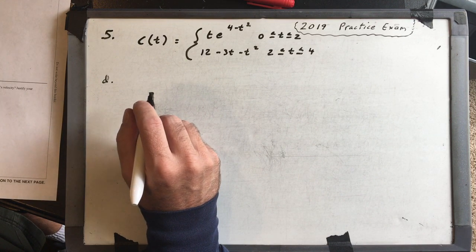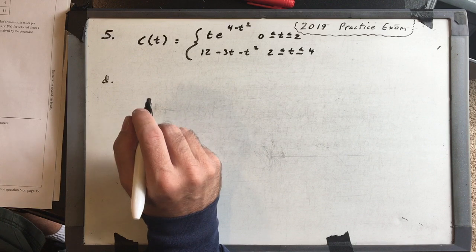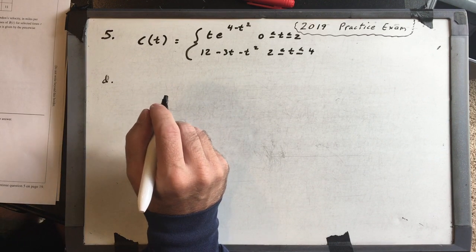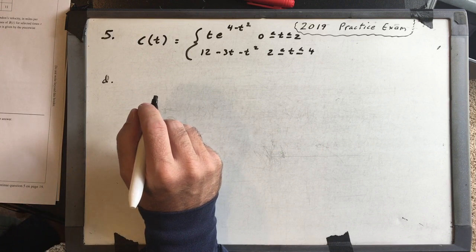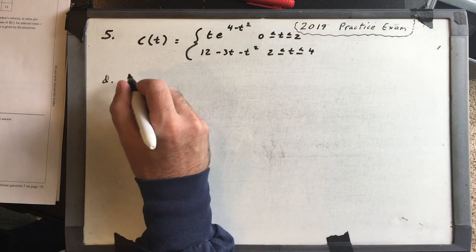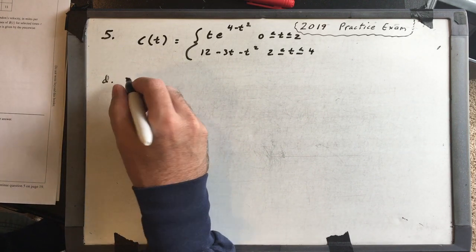We just want to see, do these curves cross anywhere between 0 and 2? So let's get Chloe's